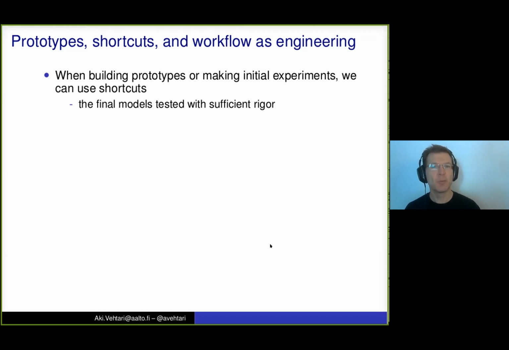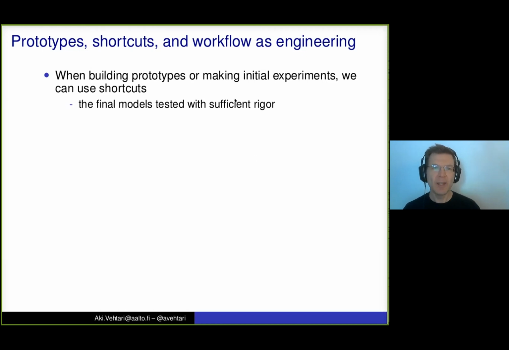It's the same thing as in overall in engineering. When engineers build also physical things, they first make quick prototypes that are just proof of concept.